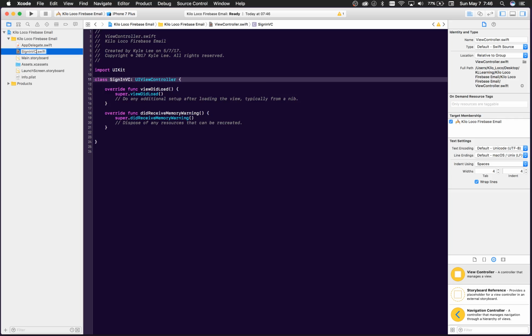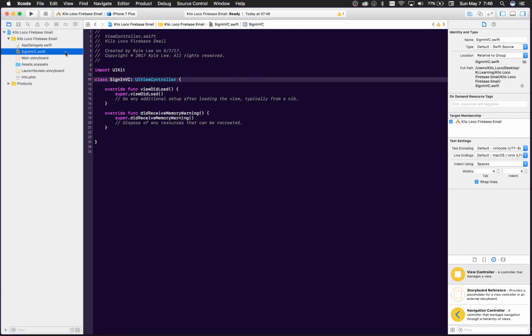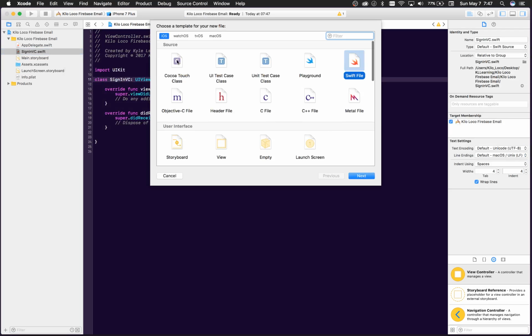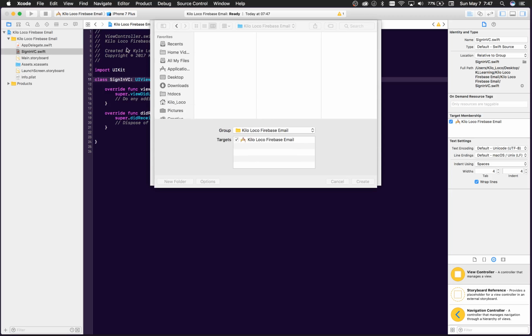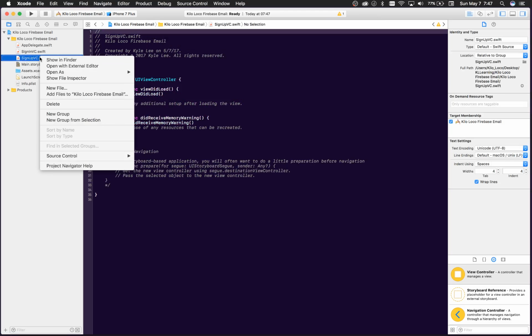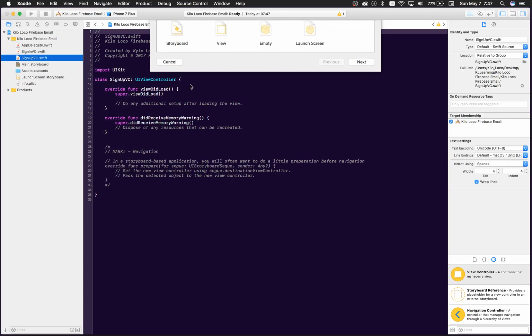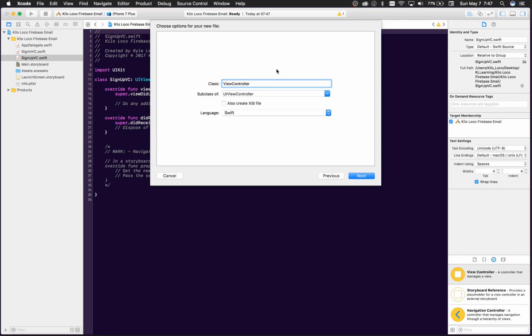Sign in VC. All right, so I just want to make these files so I could give them the proper class right away. Sign up VC. Yeah, that's fine. And then new file, and we will create another Cocoa Touch class, view controller, and this will